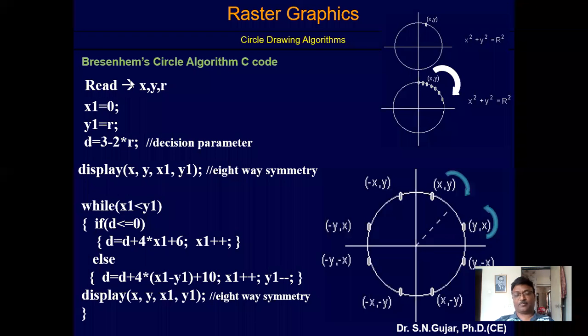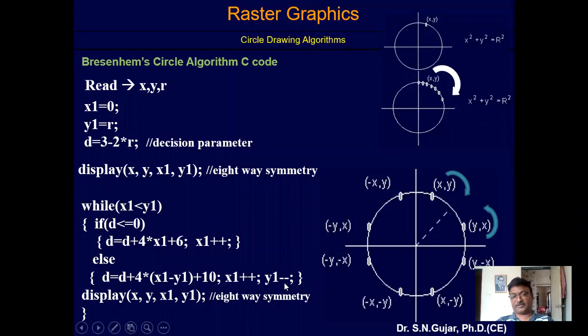Okay, so that you have to put in the step. I have not written in the steps, so you can put in the steps also. So if D is less than or equal to 0, then D is equal to D plus 4 x1 plus 6. x1 plus plus means I have to increase only the x direction. Else means D is greater than 0. Then D is equal to D plus 4 star in bracket x1 minus y1, in bracket x1 minus y1, that you have to multiply with the 4, plus 10, and x plus plus means you have to increment x